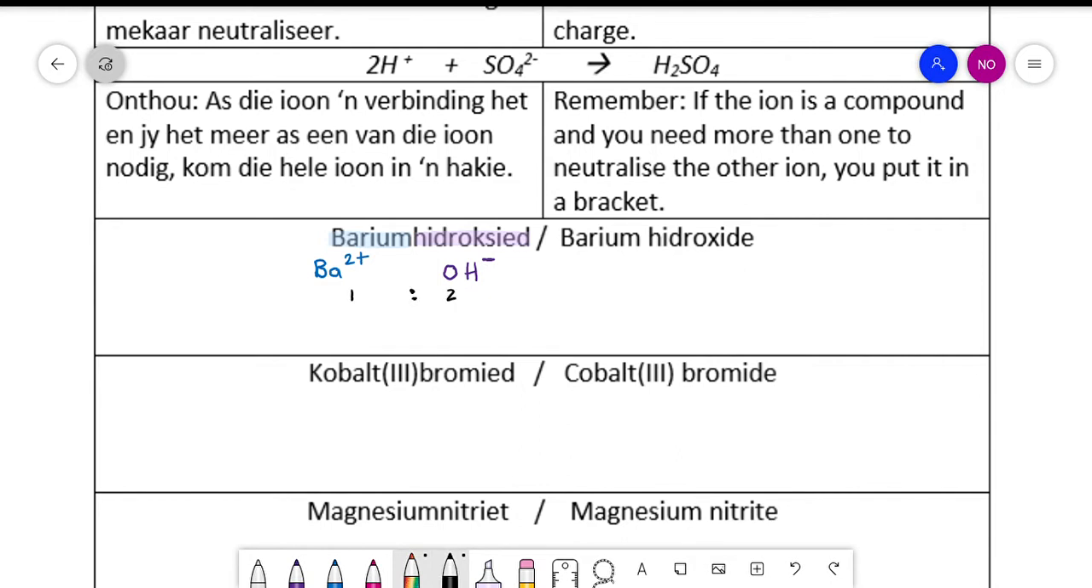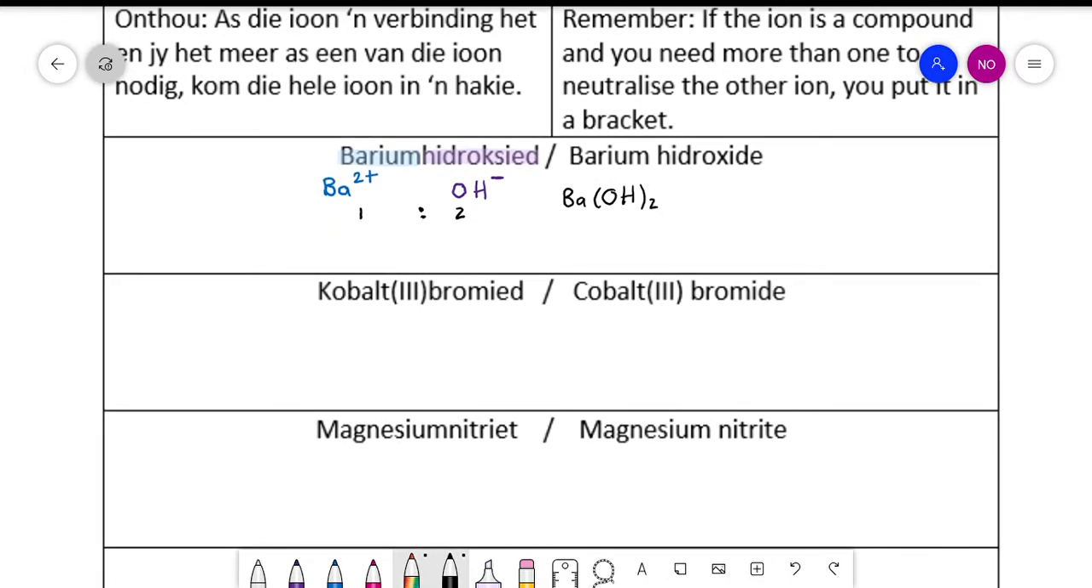Now when you write them down, remember that because this is a polyatomic ion, you have to put it in brackets if you have more than one. So dan het ons barium hidroksied en twee van die hidroksiede, so ons sit hom in 'n hakie. Okay, next one